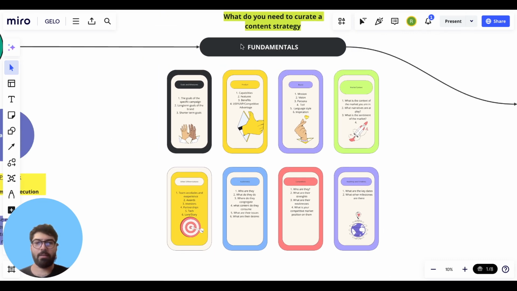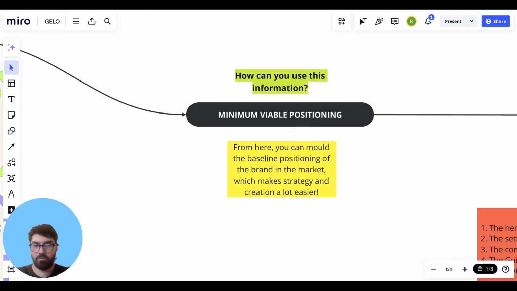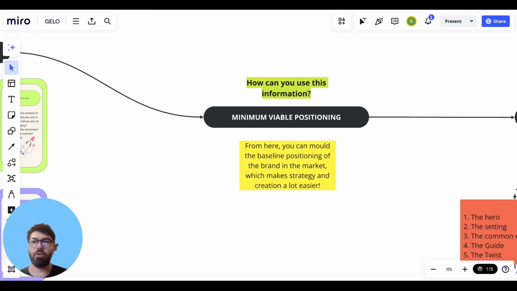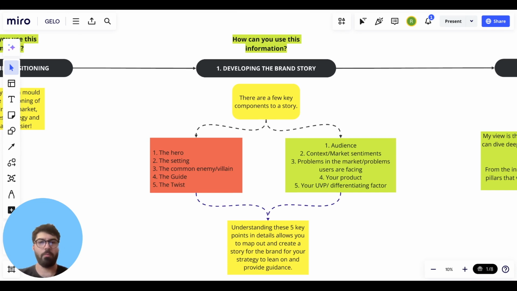So once you've collected this information, you can take the next foundational step, which is coming up with that minimum viable position for your brand, or coming up with the full brand positioning. The brand position is basically how you want the brand to look from the market. It's the ideal stance you want to take, and it's the basis for your narrative. So having these fundamental elements already loaded up is really going to provide you a better standing for coming up with your brand position, and then further curating that narrative and carving it out into the market.